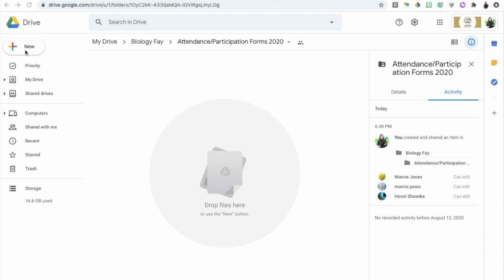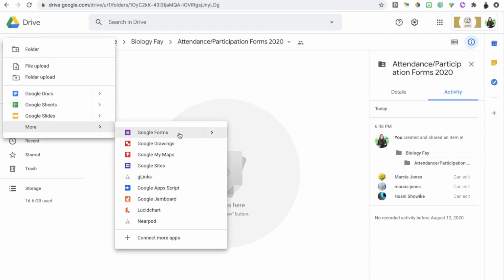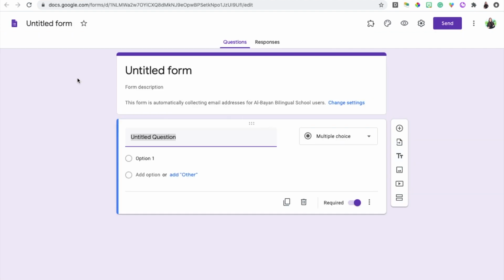Next, I'm going to click New, and I'm going to click More, and I'm going to create a new Google form. Now you can create two separate forms, one dealing with attendance and one dealing with participation, or you can combine them both in one form, which is what I am going to be doing today. So I'm going to call this form